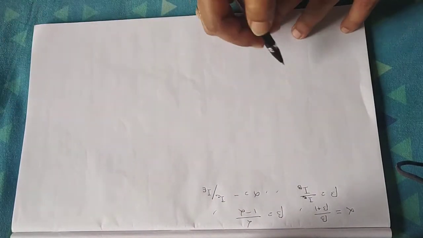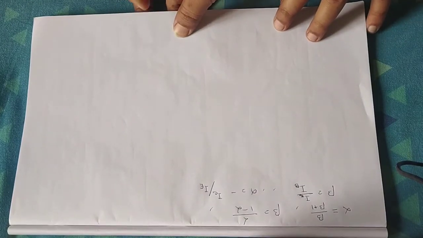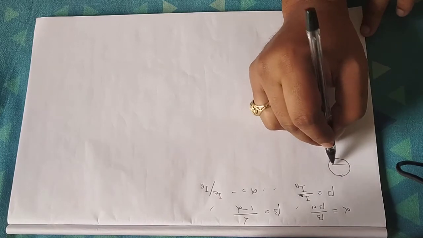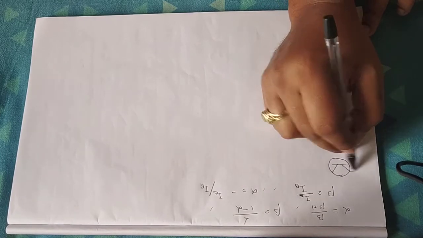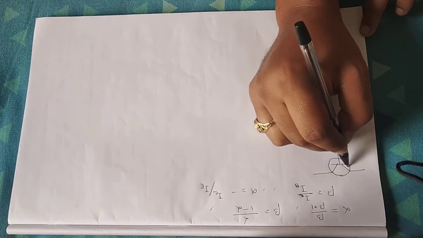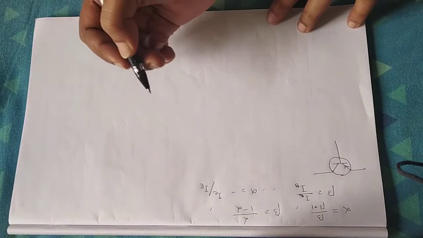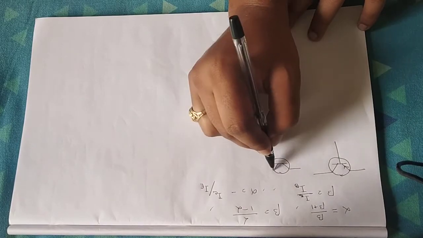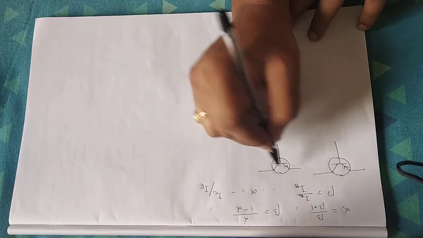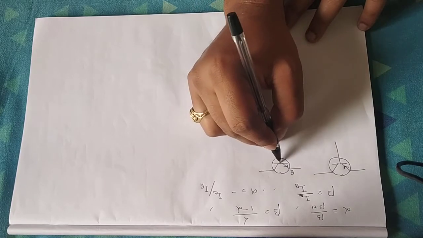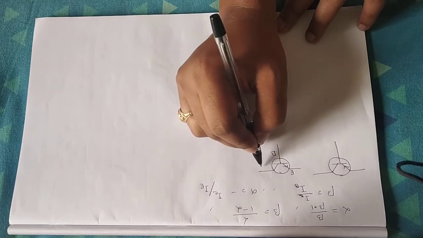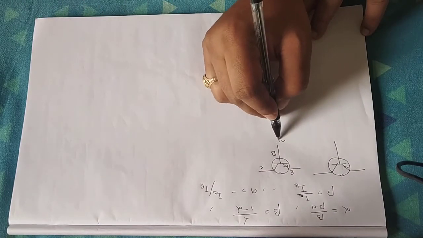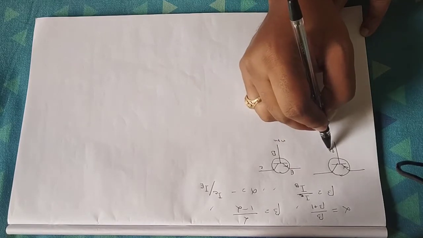And about the transistor, we have discussed that generally we have two types of transistors. One is PNP and another NPN. The symbolic diagram of them was like that. For a PNP transistor, the arrow sign will be inwards, and for an NPN transistor, the arrow sign will be outwards. The arrow sign will indicate the emitter. The flat side is the base, the other side is the collector. This is one NPN transistor and this is one PNP transistor.